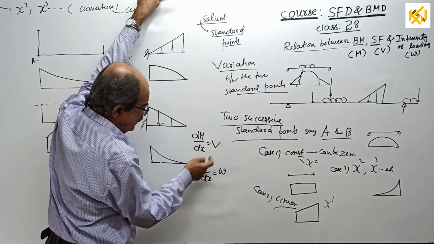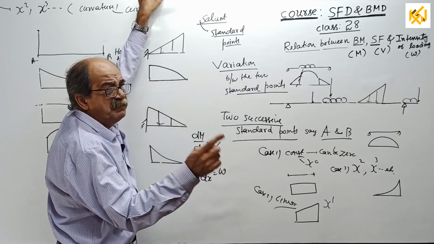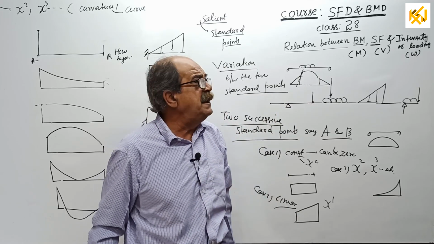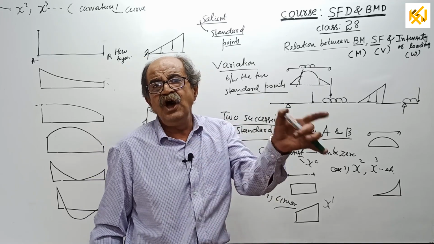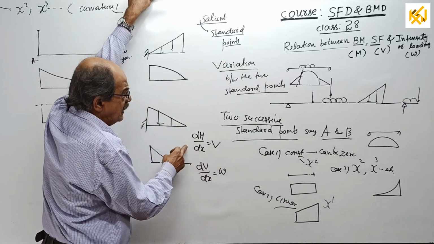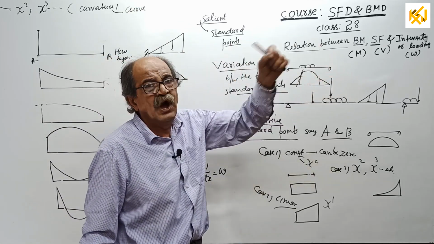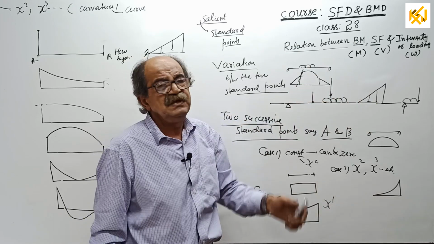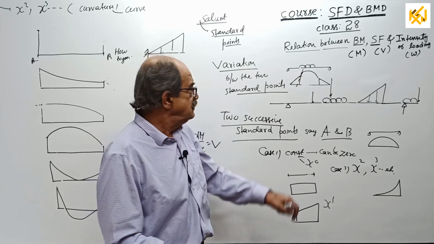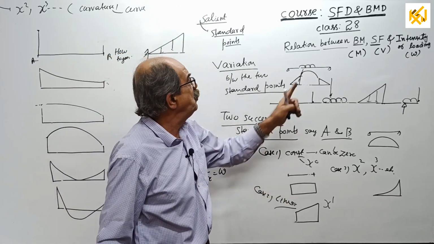If you go backwards, if you integrate, you get what? V equal to integration of W dx. That will tell you change of shear force between any 2 points is equal to area of the load diagram. You integrate this one, dM equal to V dx. Integrate, you get BM, change of BM between 2 points will be equal to area of the shearing force diagram between those 2 points. These all we will consider one by one in order when you go to case.